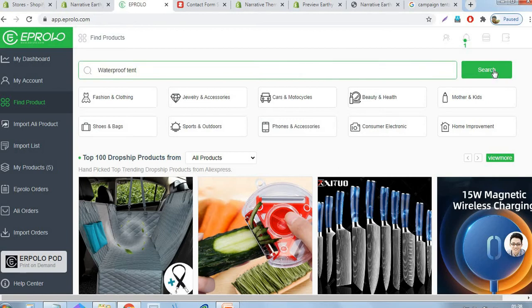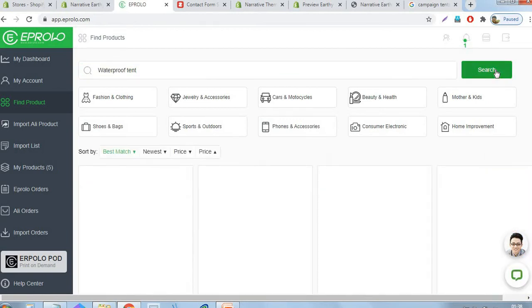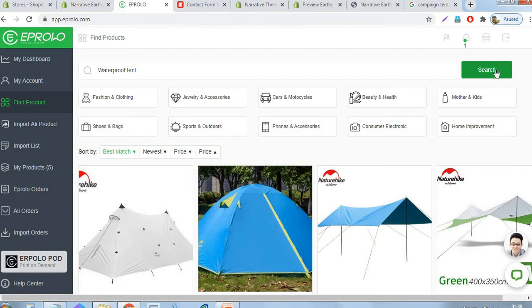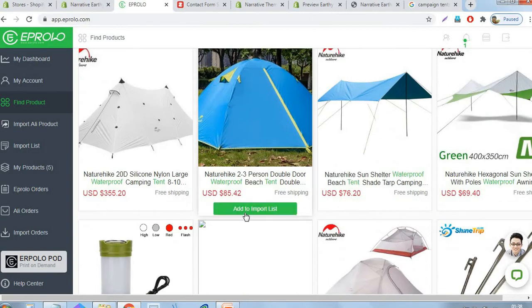Okay, just choose your preferred products and with a single click you can see the add to import list button. Just click there. That product will be automatically added to the import list.